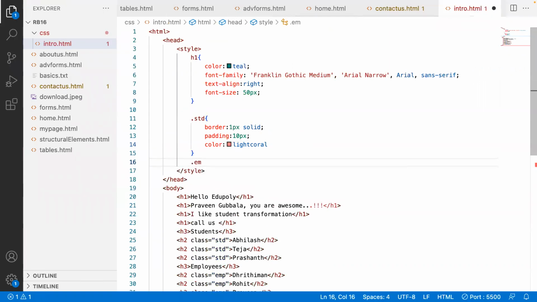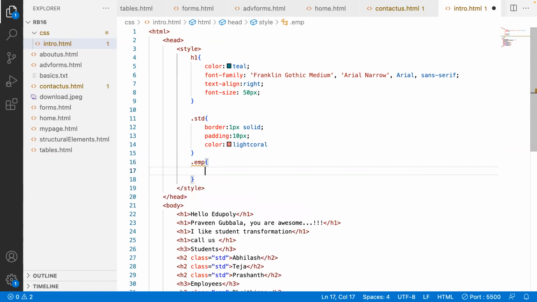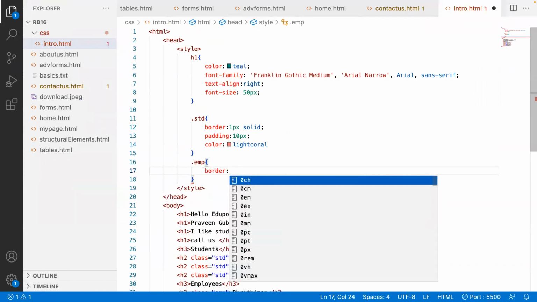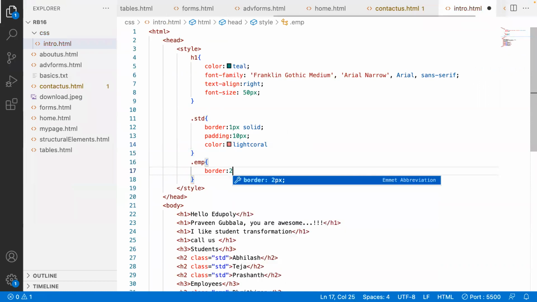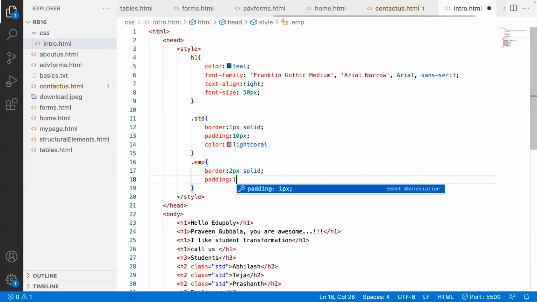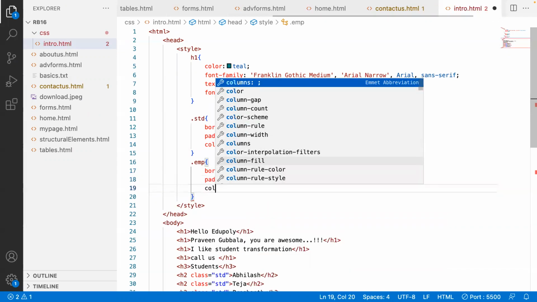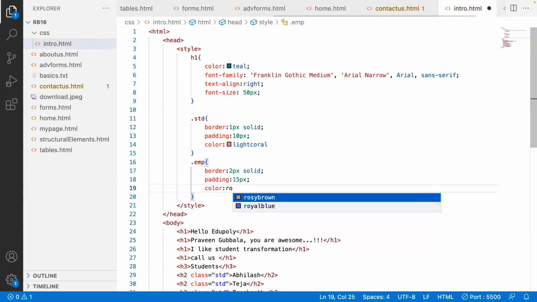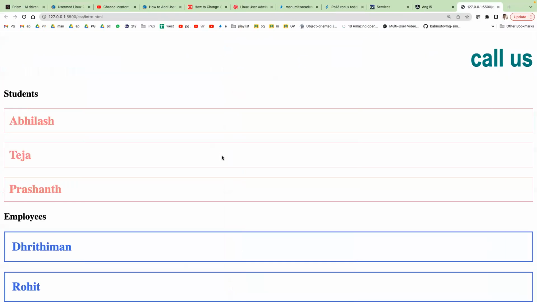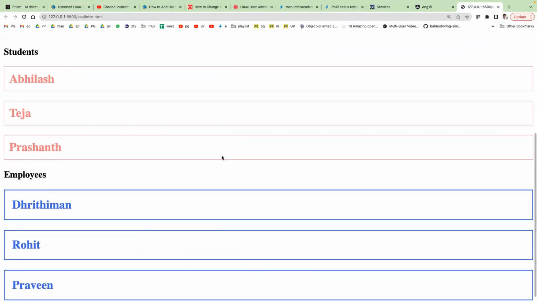Dot EMP, open bracket, border. Okay, that is good. 2px solid and padding 15px, color royal blue. So all the employees are coming in one style and all the students are coming under one style, but both